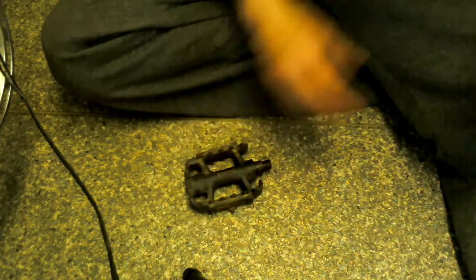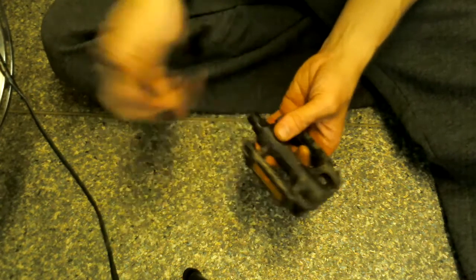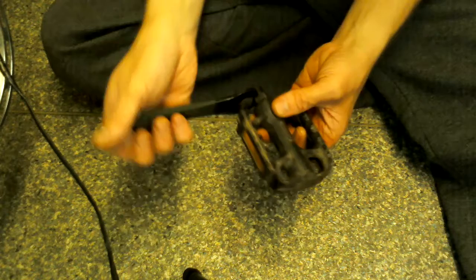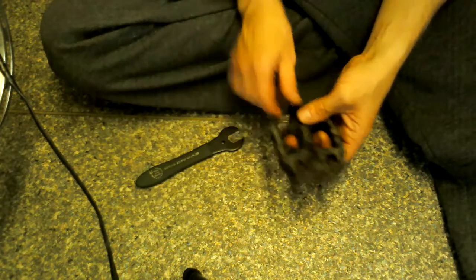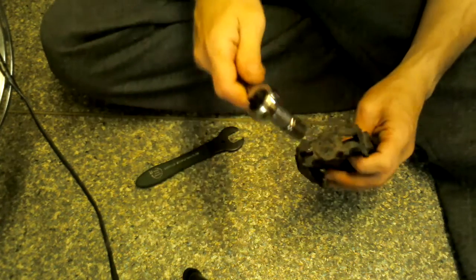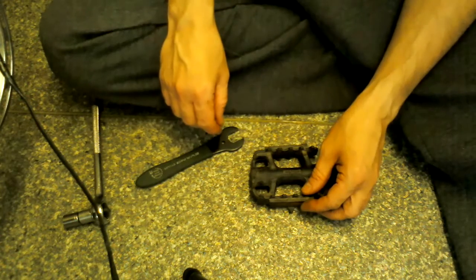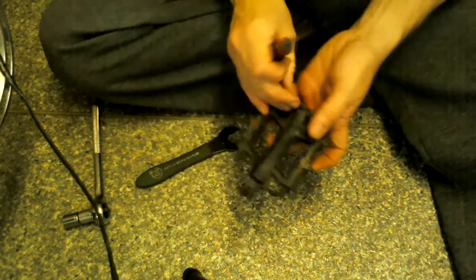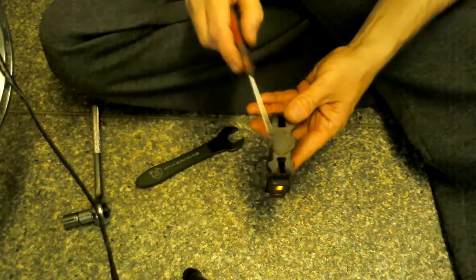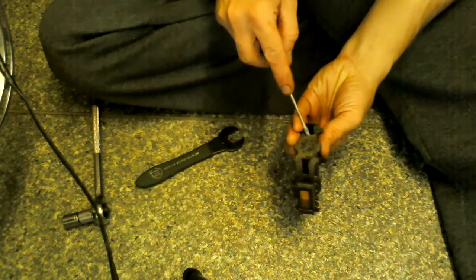First thing first, we need a spanner to pretty much hold the back end, and you need a socket wrench to get in there and get your nut off. So let's get started. You also need a screwdriver, and you've got to get this plastic cap off the end, which you can use a screwdriver or a knife,